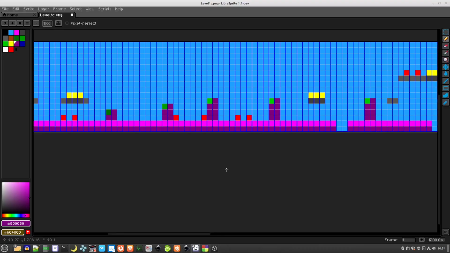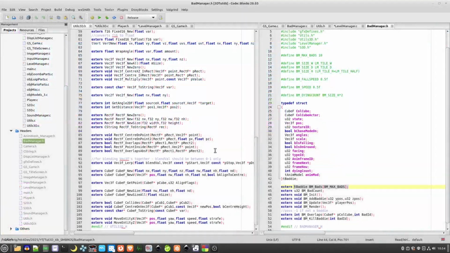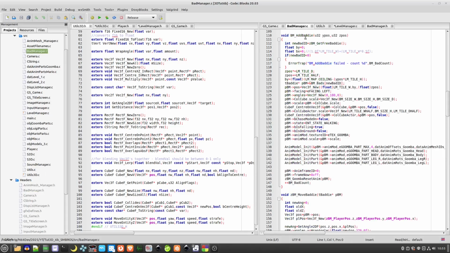Again, you kind of don't want to have too many of these because obviously they have a lot of properties to be checked for each time as they can fall. And then you also need to check whether they are on platforms themselves. So they have a lot of overhead associated with them potentially. Another thing with the baddies as well is